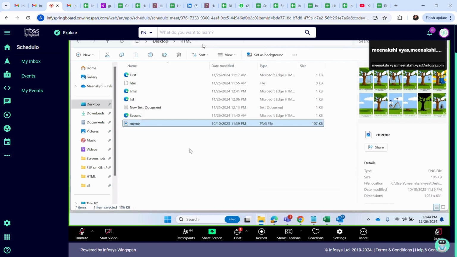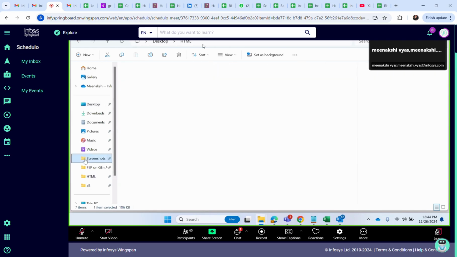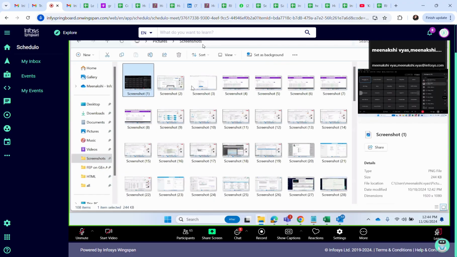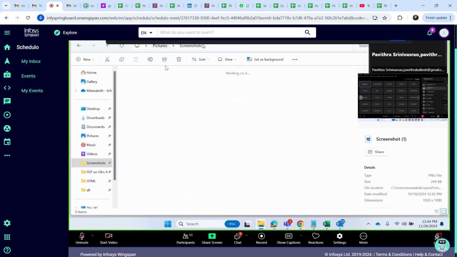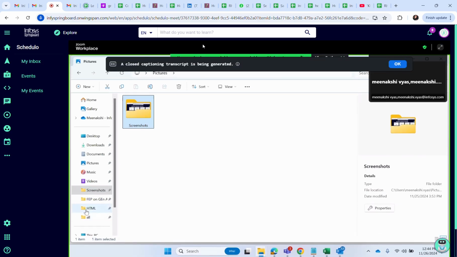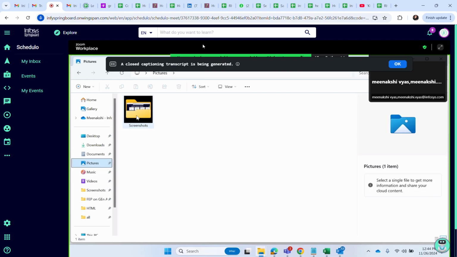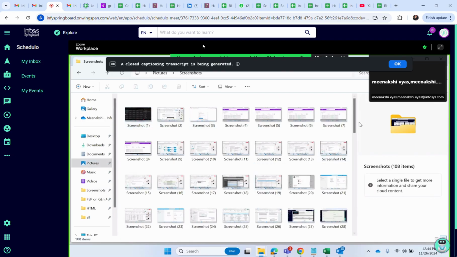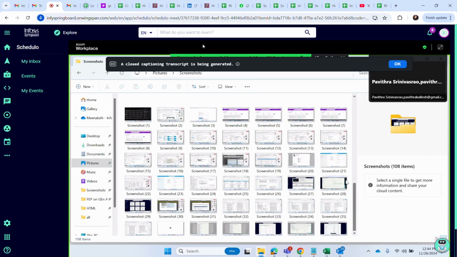And there are types of images. Can you see the type is PNG? So I have written .png. If you are using some other image, let's say this image, this is also PNG. Let me see if I have any JPG file in my folder. I don't think I have any, because all are screenshots only.